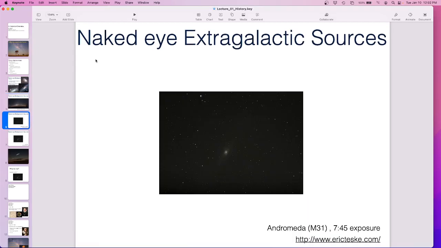This is what Andromeda looks like with 8-minute exposure on a standard SLR. I didn't take it. I stole this from Reddit too. But this guy actually had this nice ring around this, which you actually can't see very well. So there's this ring. This is the core of Andromeda, and this is how big it is, but it's really hard to see.